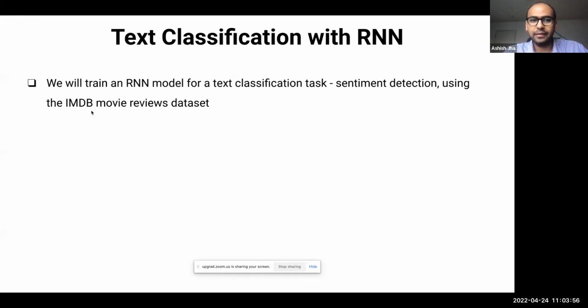So this is basically a textual dataset because people write reviews in the form of text. What we are going to do is pull a lot of those reviews from IMDb's website, and then do a text classification task, which is called sentiment detection. So movie reviews can either be positive or negative, largely speaking. So we will try to train a model which can take these texts, these reviews, and predict whether this is sounding like a positive review or a negative review.